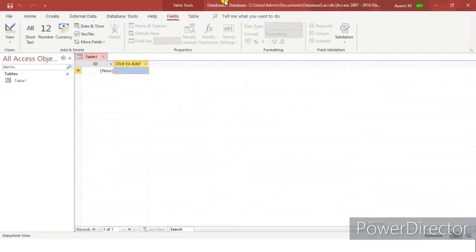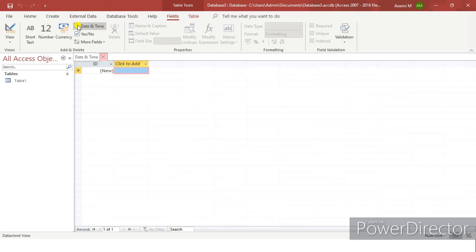The components of this MS Access window are the title bar with close, maximize, minimize, the quick access toolbar and the status bar, everything is the same. Even your ribbon has tabs and groups, and you can see different types of tabs in this software, that is external data, database tools, fields, table.